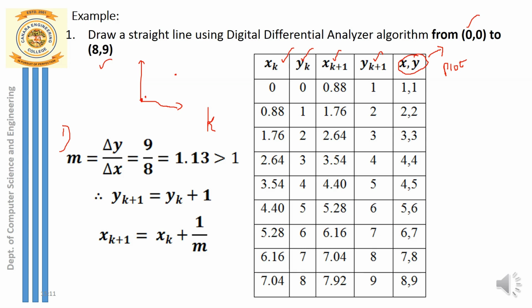So what is that? Slope greater than 1. And what do we do when the slope is greater than 1? We have to note that when the slope is greater than 1, this line will be almost vertical. And when the line is almost vertical, the change in y is more frequent.